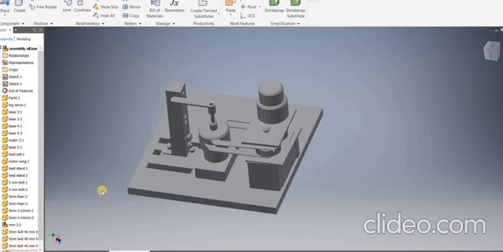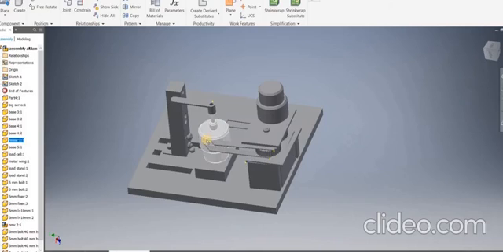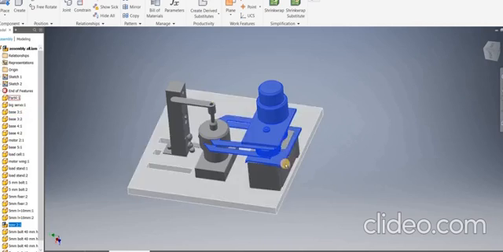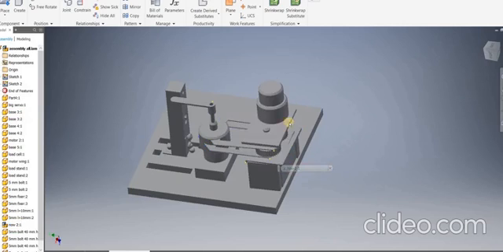Next is 3D modeling. This is the assembly of our complete system. Here this is the DC motor, and this is the DC motor wing. This DC motor is placed on the stand which is made up of foam sheet. Here this is the gripper which is made up of acrylic sheet, and we have used a DC motor for making the gripper. Below this gripper, a servo motor is placed which will be fixed to the base, and the gripper will also be fixed to the servo motor shaft, so that along with the servo motor the gripper will also rotate and sorting takes place.